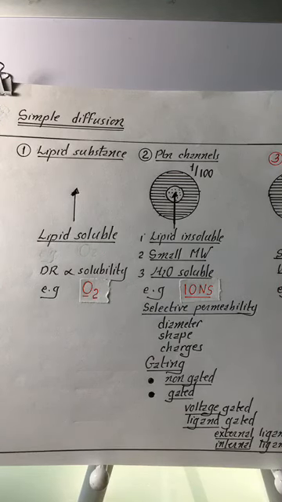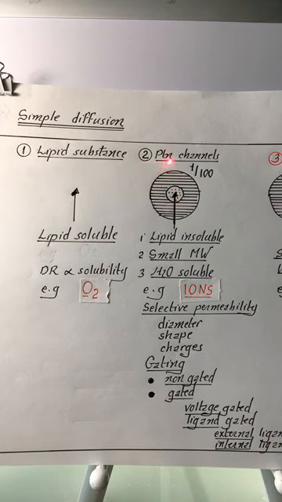One may answer two ways. You already said we have a lipid substance and protein channels. The molecules may pass through the lipid substance or through the protein channel. Actually, the correct answer is